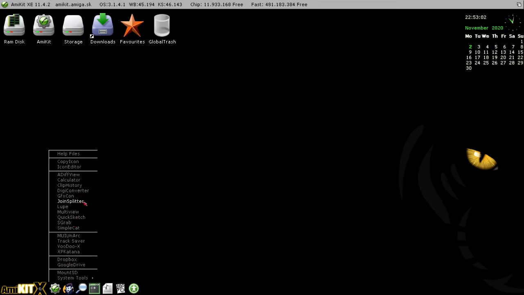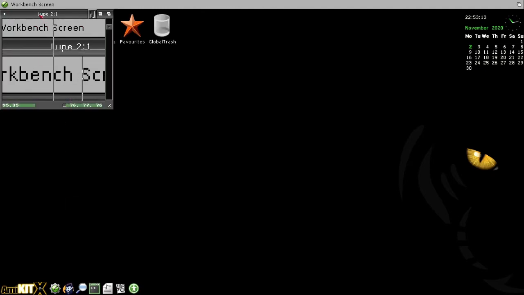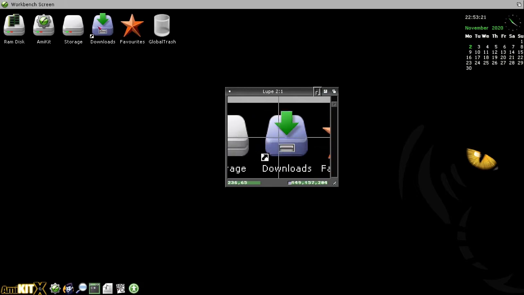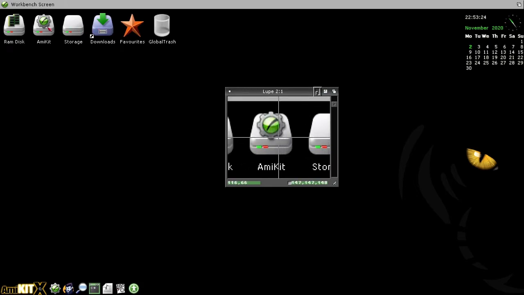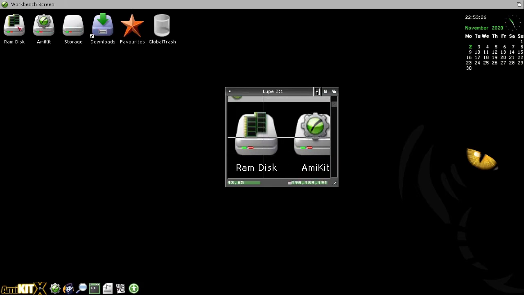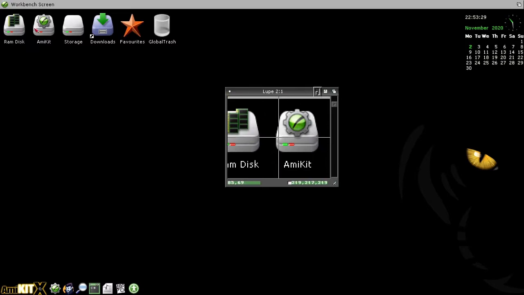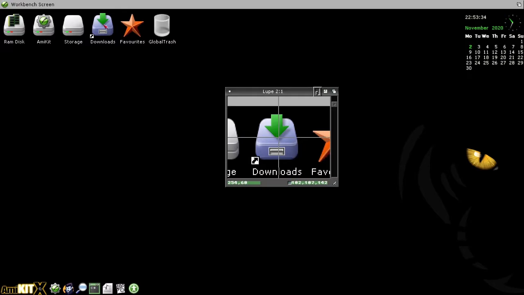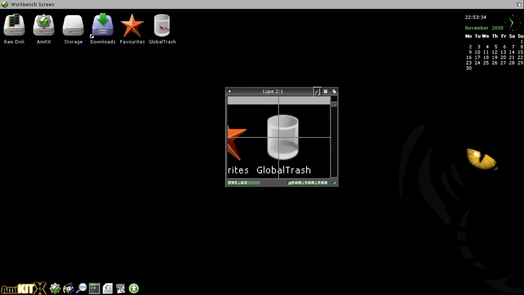Then there's this join splitter, which is a joining and splitting program. Splits files and joins them. Lupe is quite strange. I don't know what to do with it, but it shows this place where the mouse icon is, and you can